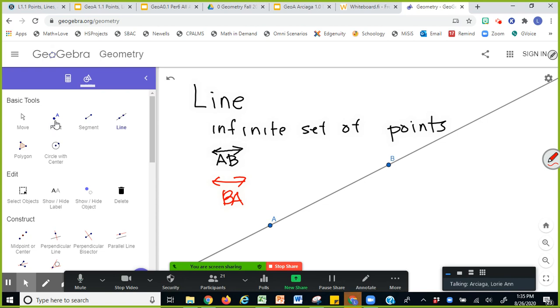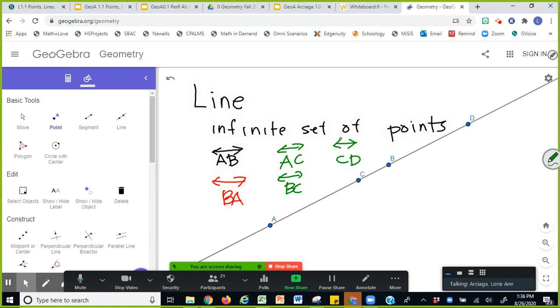However, I'm going to get my point tool. If I place another point somewhere, between does not necessarily mean in the middle in geometry. Okay, if I place a third letter between A and B, or maybe another letter to the right of B, then I can name this line by choosing any 2 points. So let's say I can have line AC, line BC, or line CD, and so on. So in other words, you could just pick any 2 points.